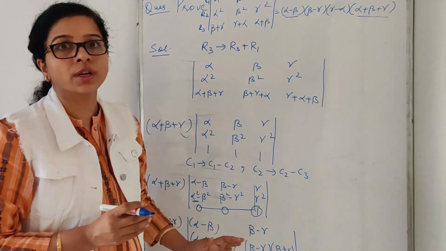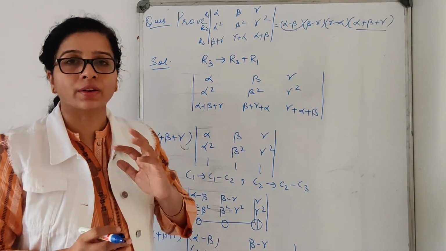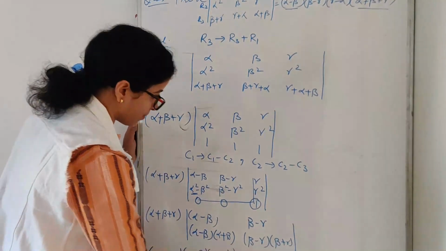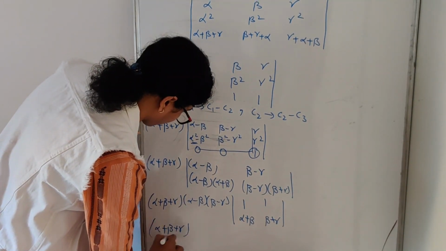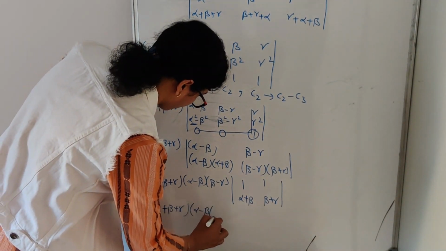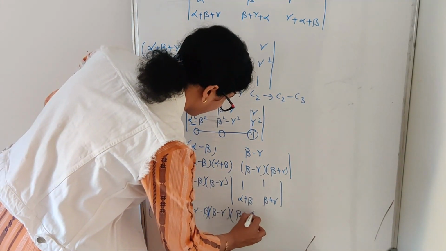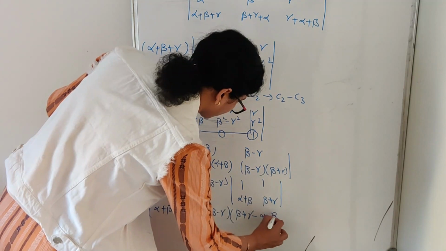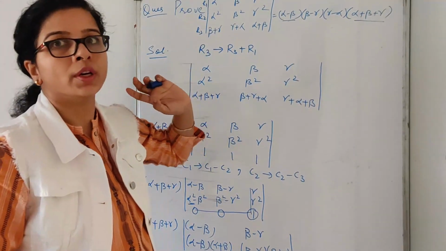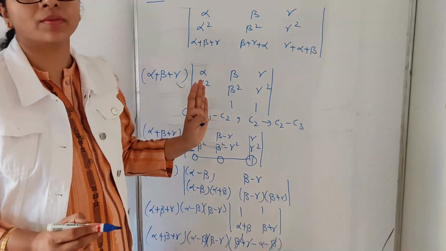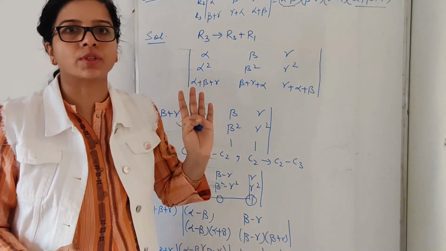So when the question comes and you can factorize and take out something common, please take out, because in the end if you multiply, then factorization will be a tedious job for you. I am multiplying this and I will get the answer. Beta plus gamma minus alpha minus beta. Okay, so my beta and beta get cancelled and I got my last column also. So this is the way to prove the determinant. So check what is given on the right hand side and accordingly decide your steps.